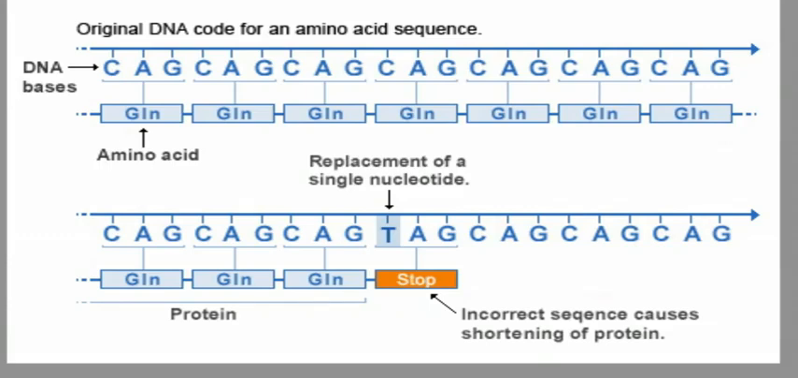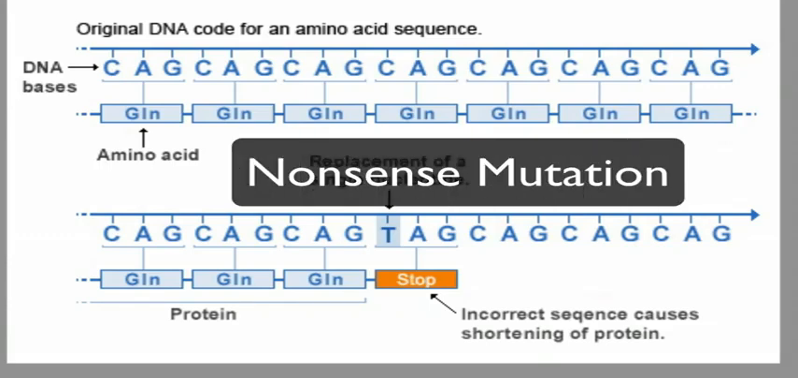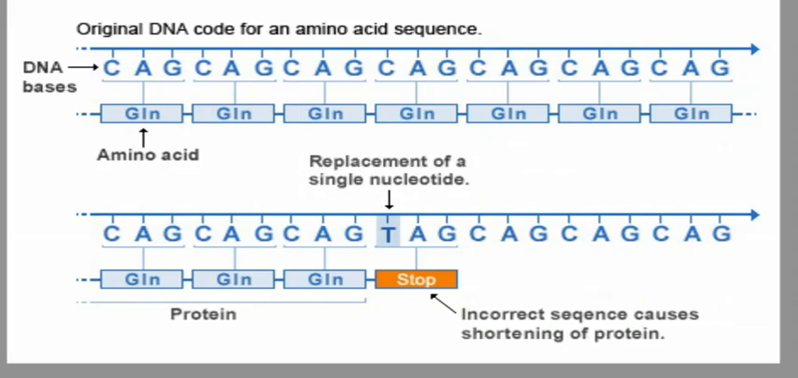So the second result would be a nonsense mutation. And a nonsense mutation is a mutation that results in the coding of a premature or early stop codon. And the resultant protein is not as long as it should be and is usually non-functional. And what we see here is a clear and obvious example of that, because we're supposed to have this long